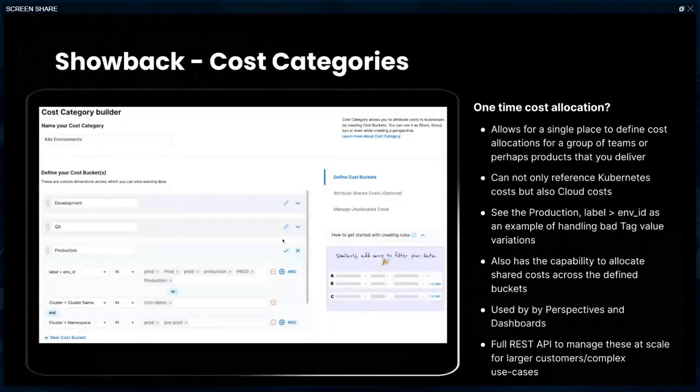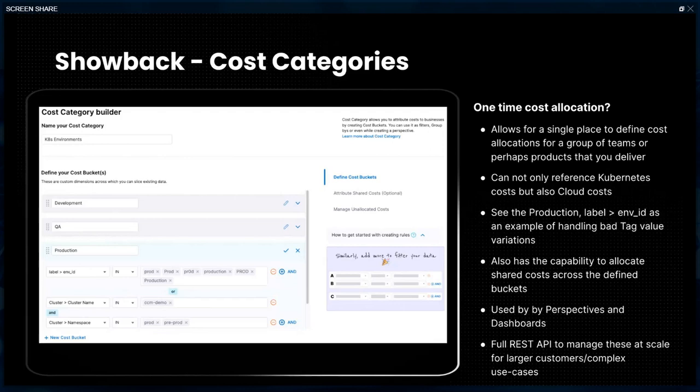When we're talking about showback, you want to have definitions within the system so that you can have views that are associated with teams, with environments, with costs. You want to make sure that those are easy to maintain. Most organizations have change. New teams might start up. Teams might get moved underneath VPs. So it's always good to have a single central place where you can define what we refer to as cost